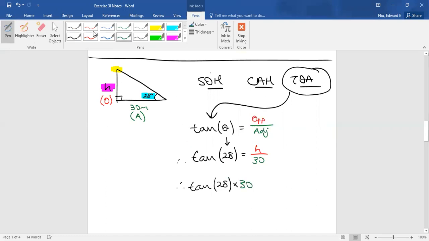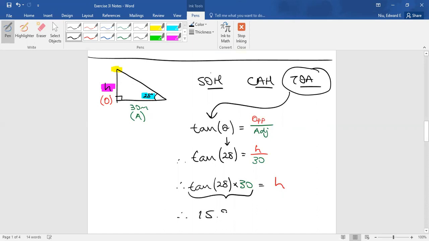Times 30, which would equal the height. So once we've got tangent 28 times 30, put that into your calculator. All right, so tan 28 times 30 gets us